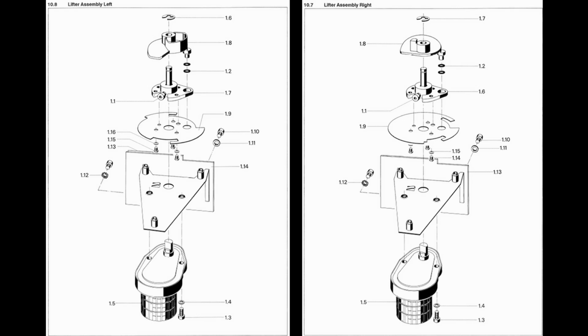Now, I thought that this might be a problem because I had an issue when I reassembled the lifter assembly. Let me explain this. The lifter assembly works from 2 synchronous motors and 2 special cams that operate the lifter and pinch roller assemblies on the deck. Here's a drawing of the left and right lifter assemblies. Here are the 2 synchronous motors, which are the same. But these are 2 plastic cams which force the rollers in and out. And as you can see, they are different between the